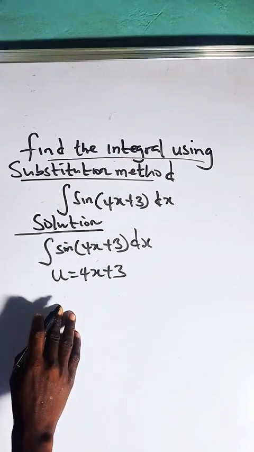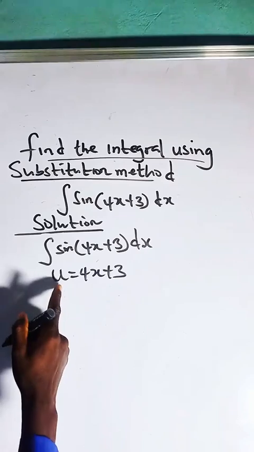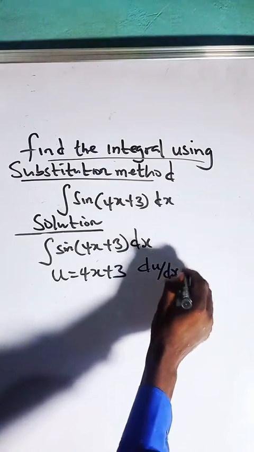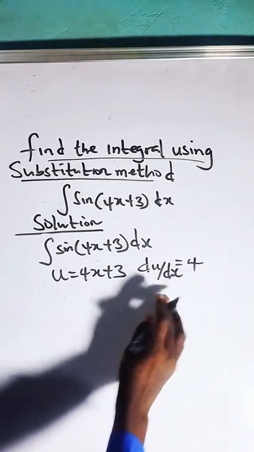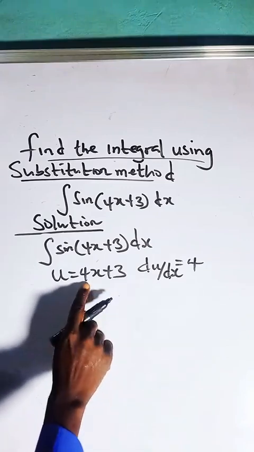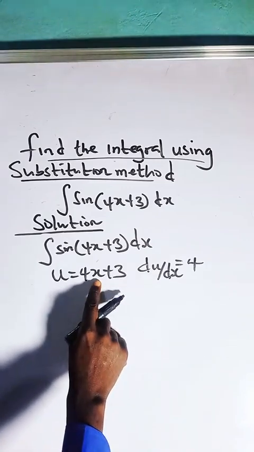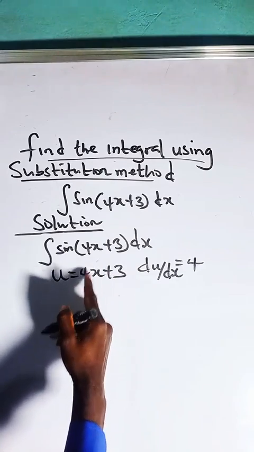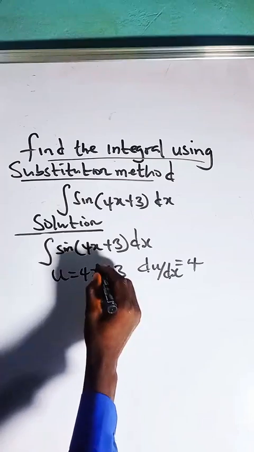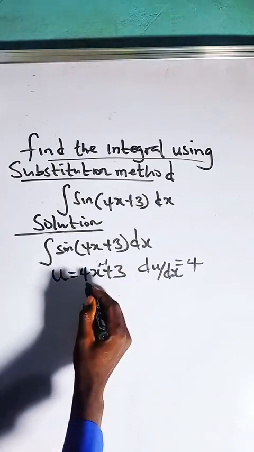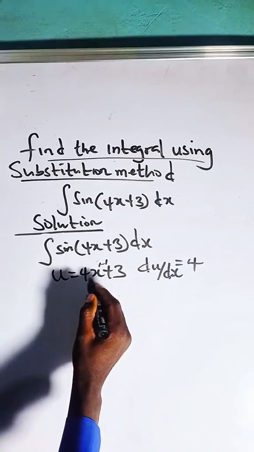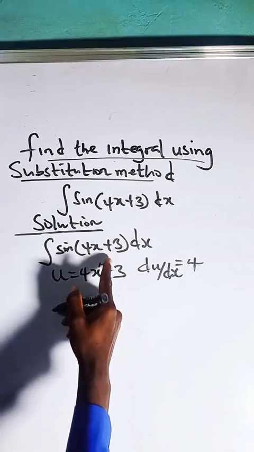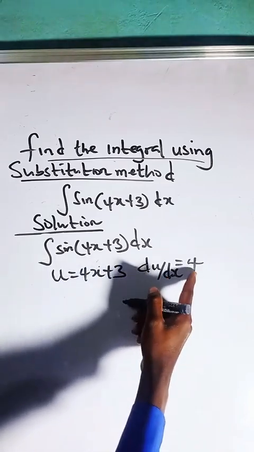In our knowledge of differentiation, let us differentiate u with respect to x. So we say du/dx is 4. How do we do that? When we look at this, we have x, which has an invisible 1 as its power. When we differentiate this, 1 multiplied by 4, and we subtract 1 from 1, so that is 0. x to the power 0 is 1, and 4 times 1 is 4. When we differentiate a constant, we have 0. So du/dx is 4.